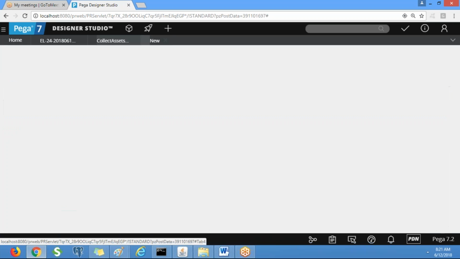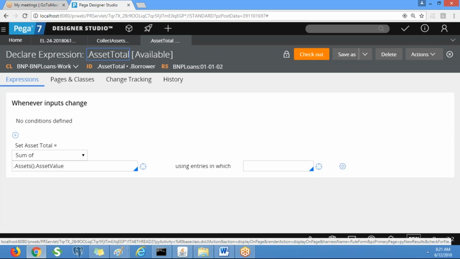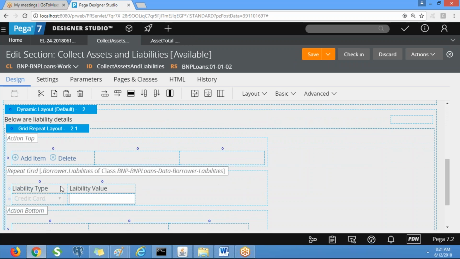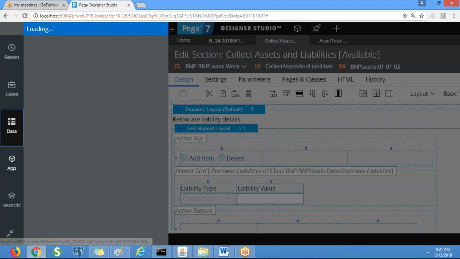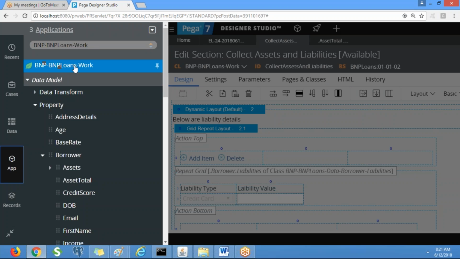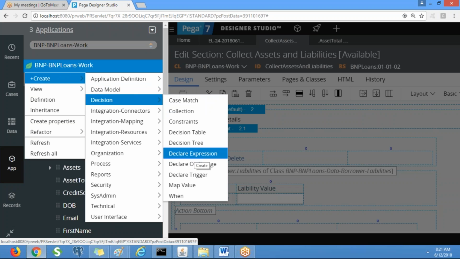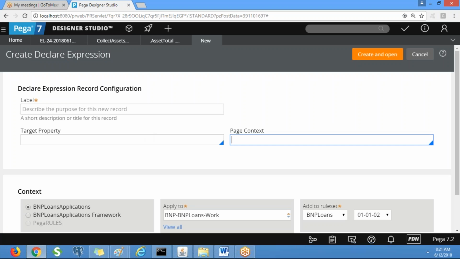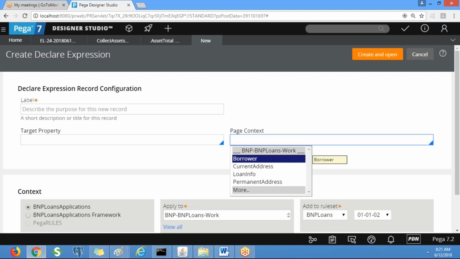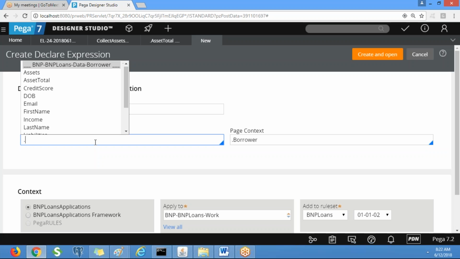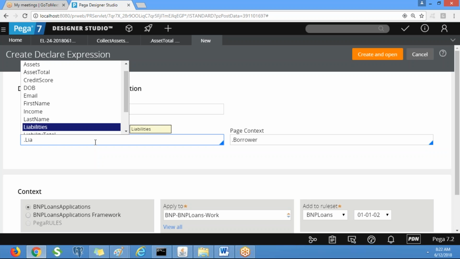Okay. Now similarly, we need to create a declare expression on which property? Liability total, right? Either you can create directly from the target property or go to the declare expression, and here you need to use page context. So borrower. What is the target property? Liability total.